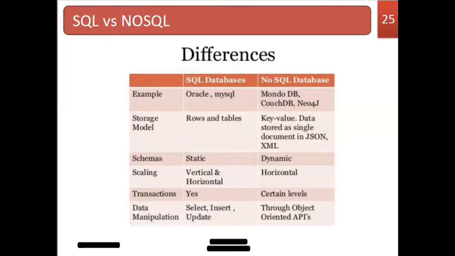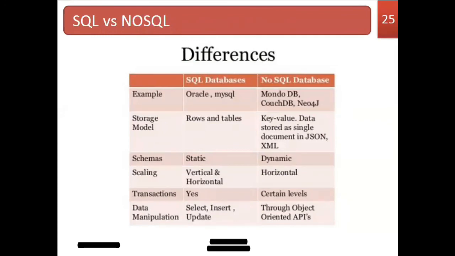Apart from semi-structured data, if you are dealing with unstructured data, maybe you can use any one of the previous models. Suppose you are using semi-structured data, especially in the NoSQL databases, you will be using JSON format and XML format. And schemas: the SQL databases follow a static schema. That's why we call it schema based. The relational databases are schema based, and NoSQL databases are schema-less, or otherwise you can call it dynamic. That is, the schema can be designed dynamically based on the requirement and the type of data that you are going to save in the databases.